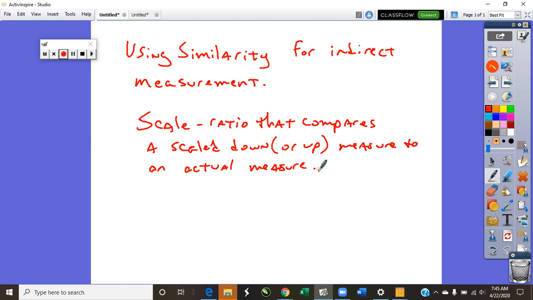Okay, and the easiest example of something like this is if you look at a map, okay, where you see